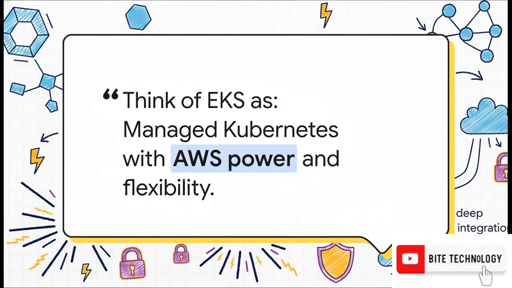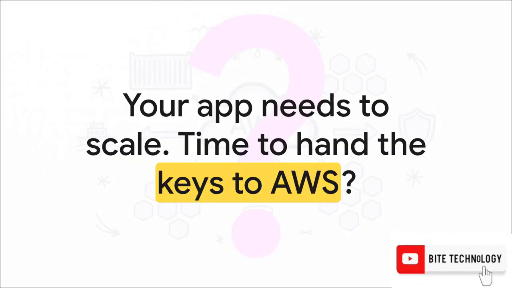So if you're going to remember one thing from all of this, let it be this right here. EKS isn't some weird watered-down version of Kubernetes. It's the real deal, just supercharged with all the power, security, and flexibility of the AWS cloud. And that really brings us to the final question, a question for you and your team. As your application grows and scales, the work required to manage the platform underneath it grows too. So you have to ask yourself, at what point does it make sense to hand the keys to the control plane over to AWS and free up your team to focus on building